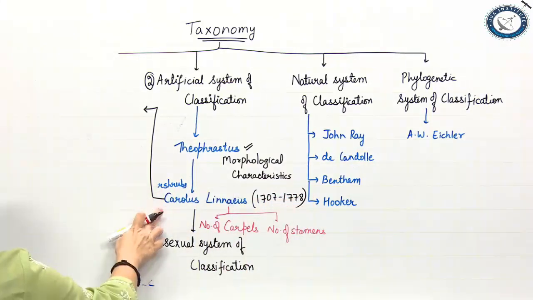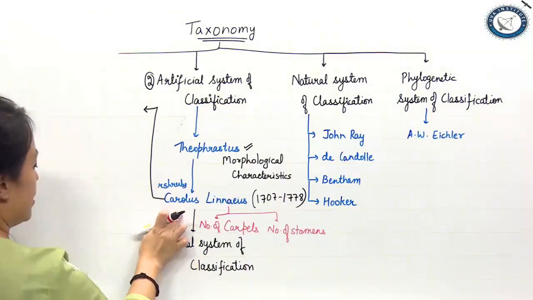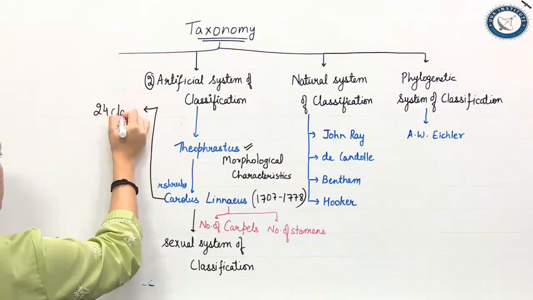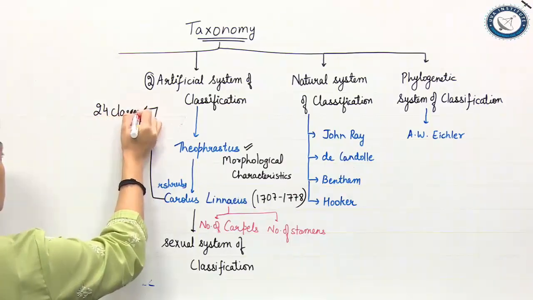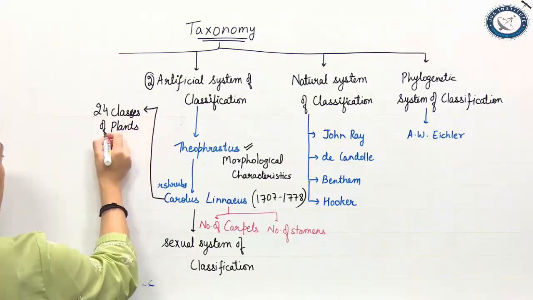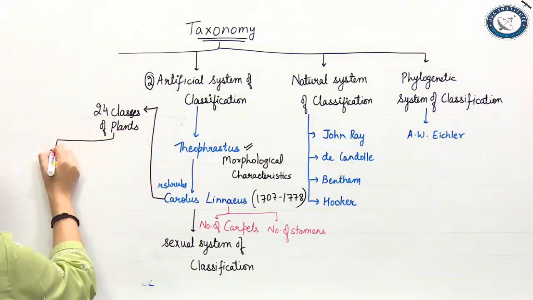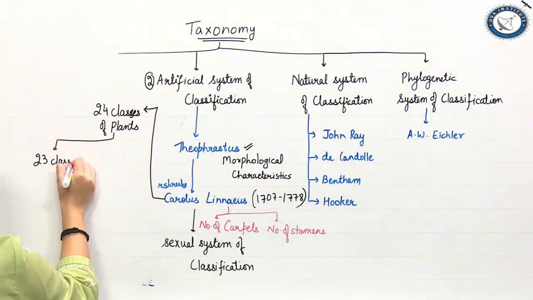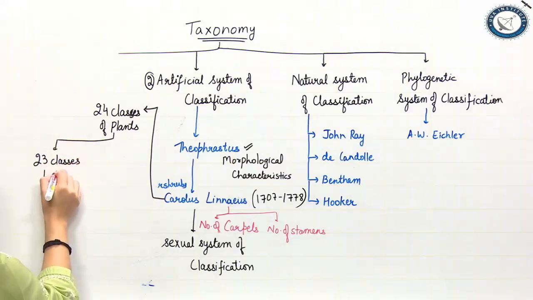Okay. Now he also studied 24 classes of plants, and came to a conclusion that 23 classes belonged to